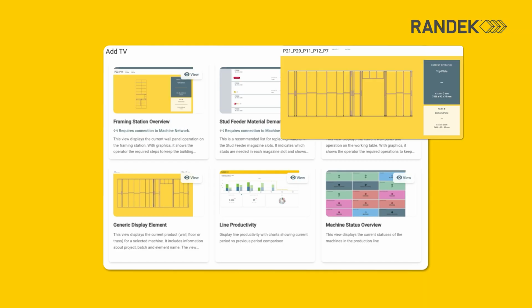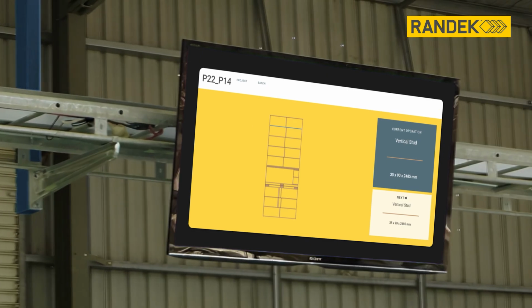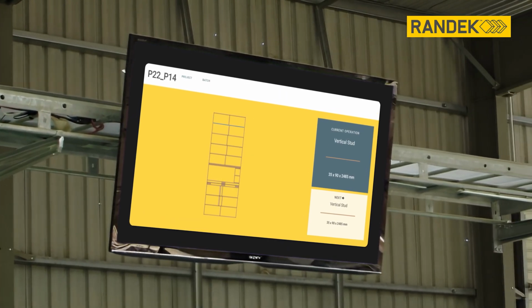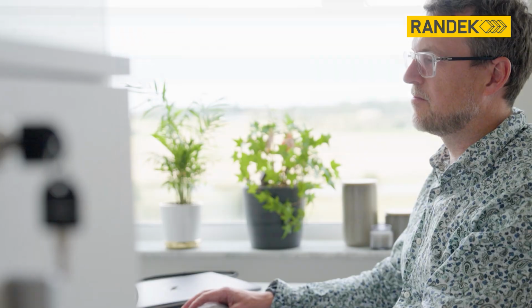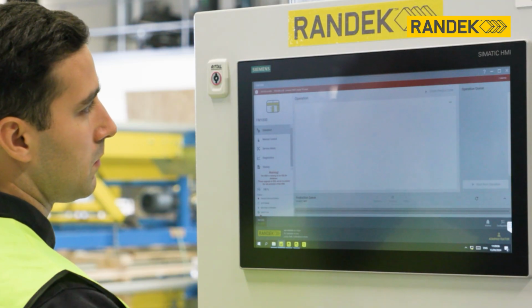Turn any screen into your live production command center with Info TV. Choose exactly the stats and visuals you need. Push real-time feeds to shop floor monitors, offices, or big screens, so everyone stays aligned and the whole team drives